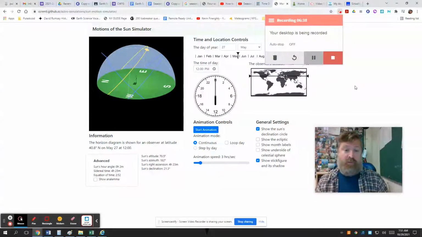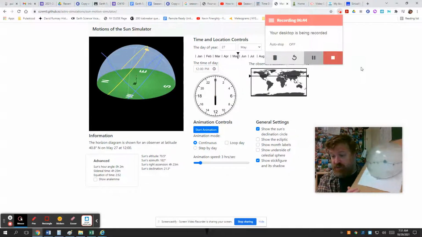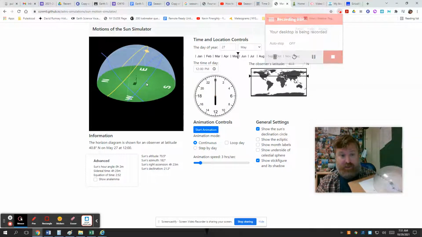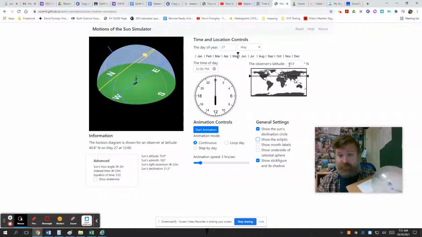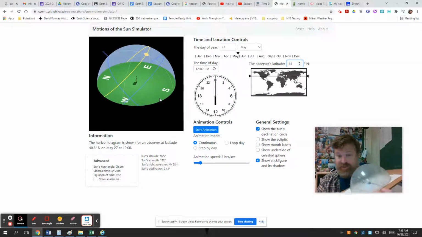Okay, so I'm going to have you playing with this website for one of the activities we do. Hopefully, we should be doing that Monday-ish. But it's meant to mimic this celestial sphere right here. So this thing that you guys did in class, this is the same thing, only manipulatable by dates and by latitude and everything else, right? So I'm going to put it just a tiny touch further north, like where we live, somewhere in that ballpark. So this and this are the same thing.